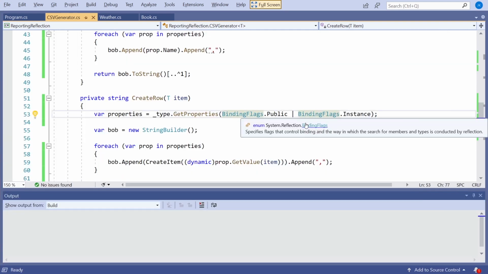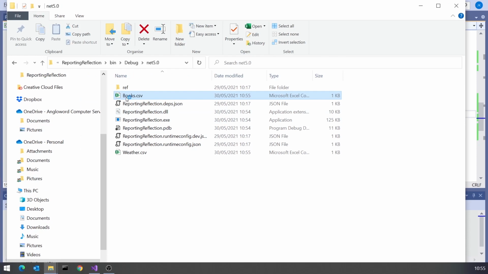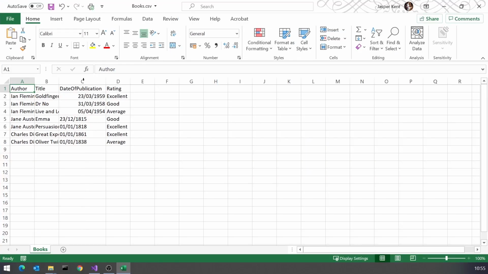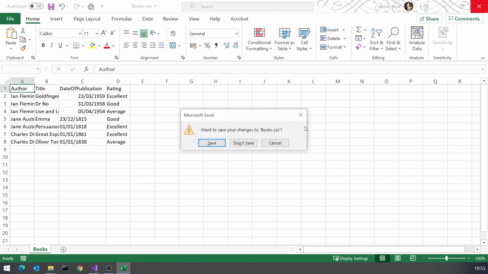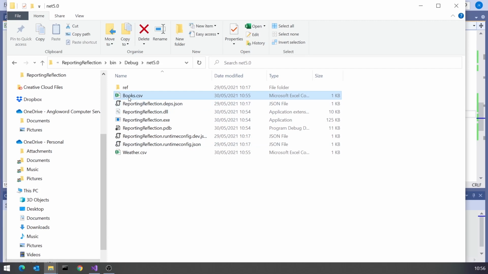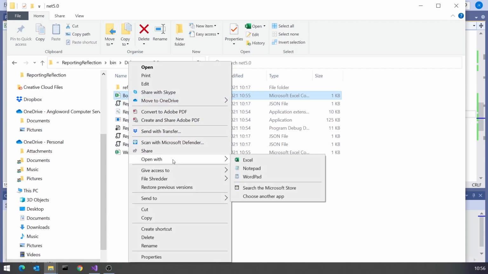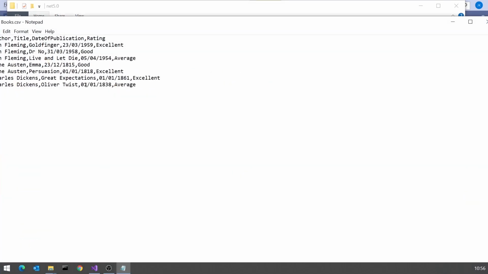And if we take a look at the output now on our books, we can see, again, failed for the older ones, but for the new ones, it's just got a short format. And if we now do that as text, just so we won't get Excel spoiling things for us, we'll see that it's done them in just that short date format. But we haven't been able to fix the problem of the headers looking like that.